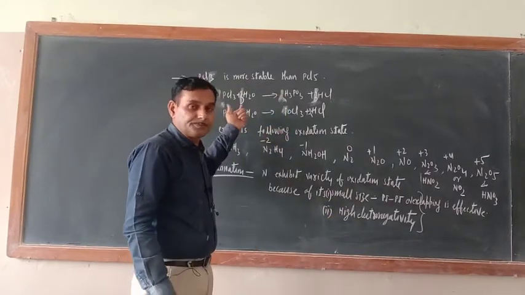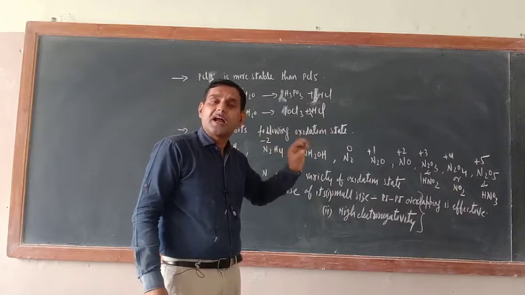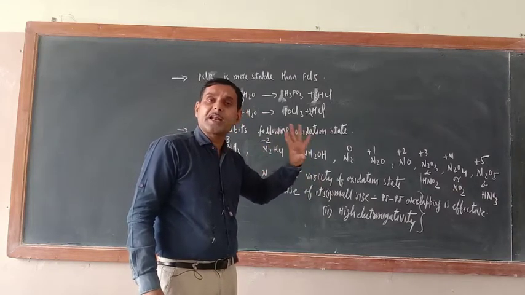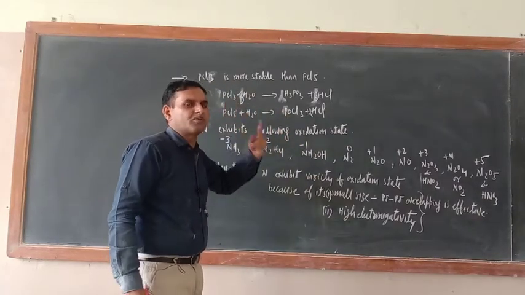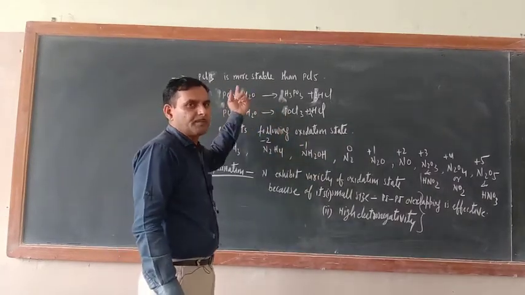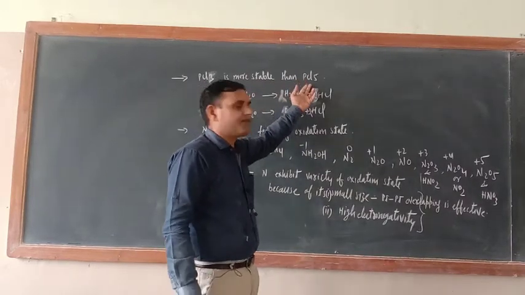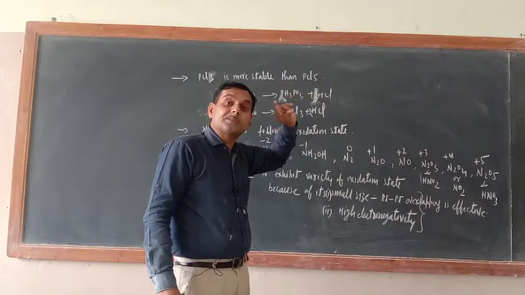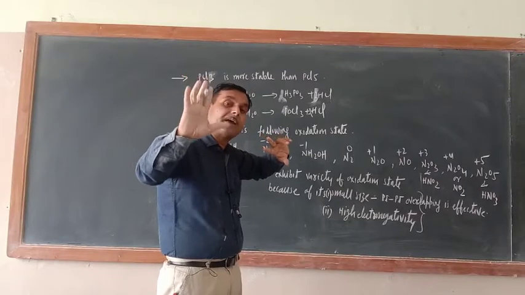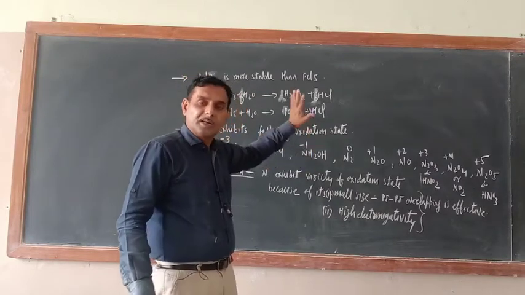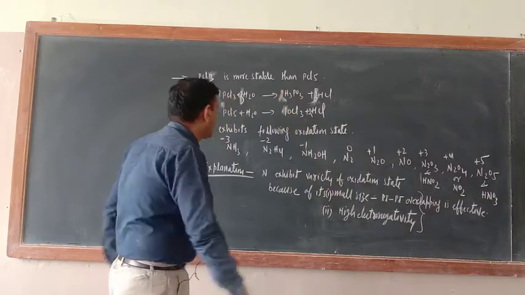While in case of PCl3, only 3 chlorine atoms are there, and these 3 atoms can accommodate with the single phosphorus, okay. This is also one reason. So 2 reasons are there. Number 1, due to inert pair effect. Second one is due to bigger size of chlorine, and due to small size of phosphorus cannot accommodate big 5 chlorine atoms with it. Now don't worry, this question is there afterwards also, will explain it properly, okay.